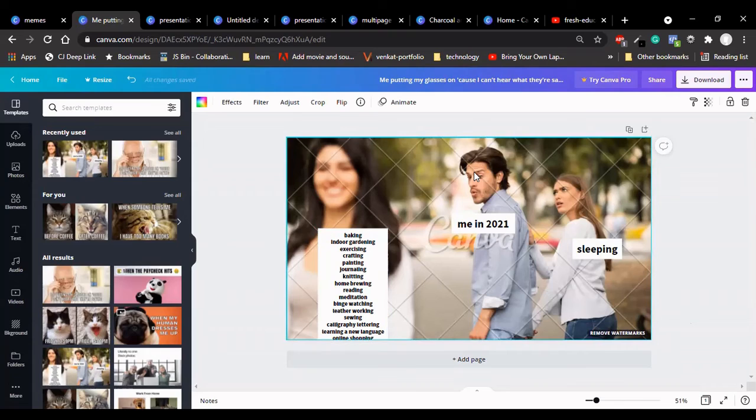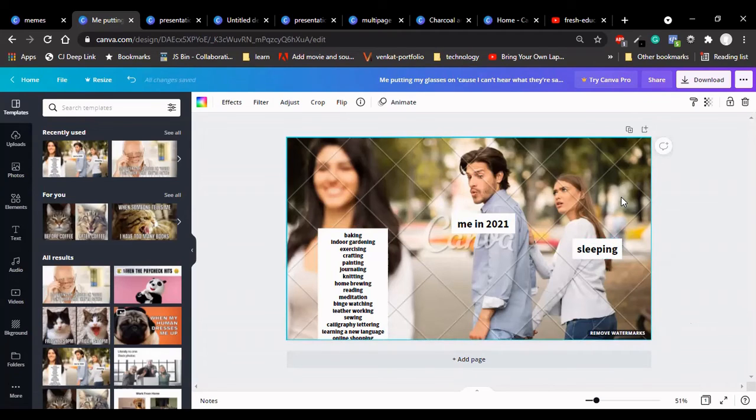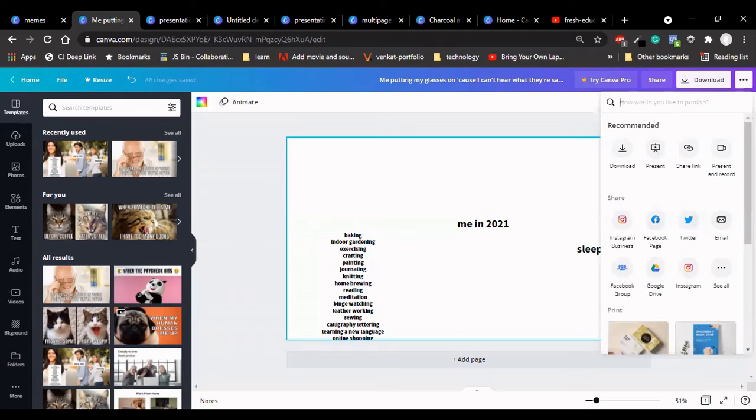You can create a new meme from this, and you can edit the text from here. Only the picture has the watermark, so you can delete it and get the images you'd like to present and produce a meme for your followers and social media. You can share through this option. Go to these three dots and share to Instagram, Facebook and other social media from here.